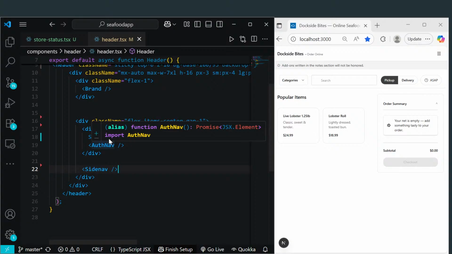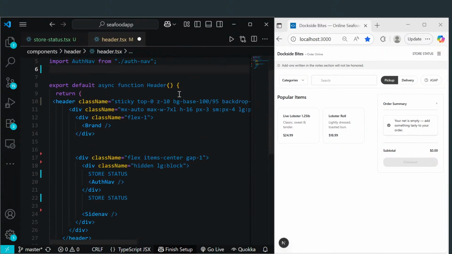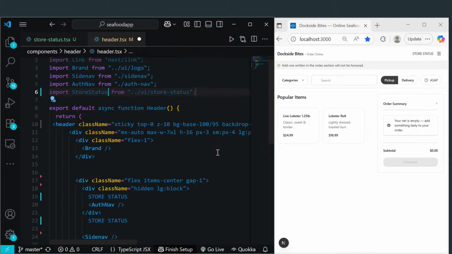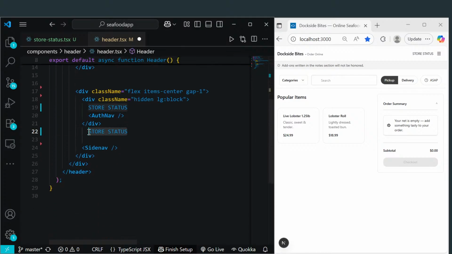So this one is hidden. That's why we don't see it. So let's put it here. There, we see store status right there. So now let's go ahead and import the store status component and utilize it. So we'll go import store status, and it should be coming from /UI/store status. And then I'm going to replace this store status with the store status component,